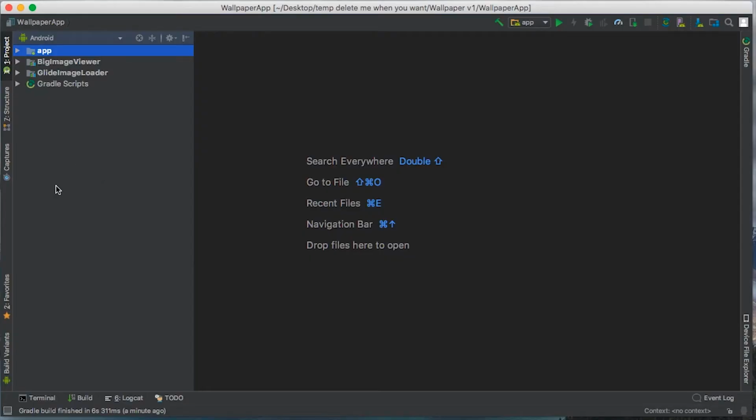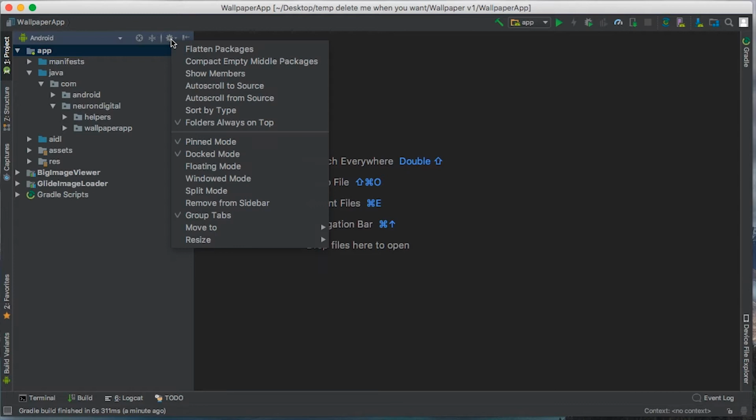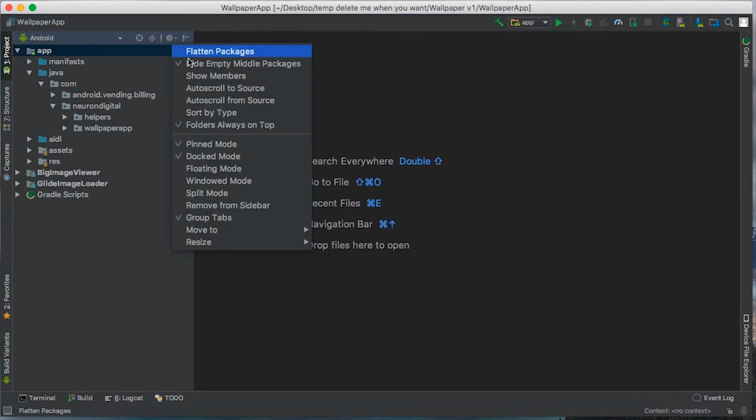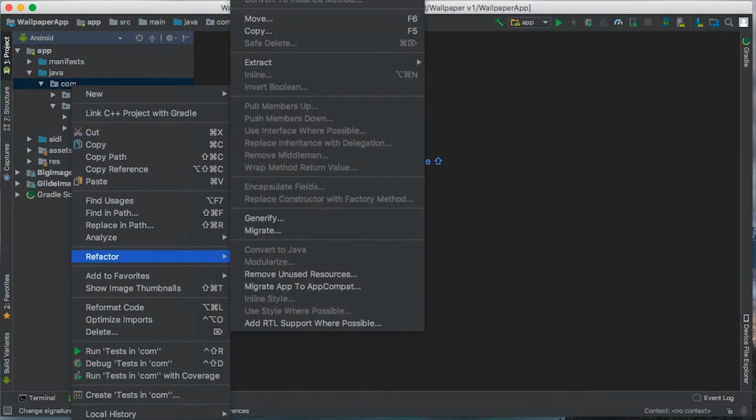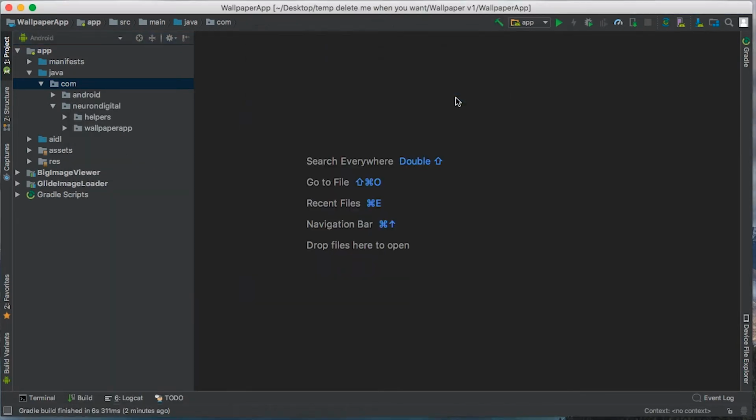When the template opens, the first thing we need to do is to rename the package name. So make sure you have Android selected here. Open up App, Java, Neuron Digital, and we need to rename the COM, the Neuron Digital, and the Wallpaper App. To do so, make sure you have from settings here, compact, empty middle packages here, unhighlighted. So if you don't unhighlight it, go to COM, right click, refactor, rename, click on rename current, and here